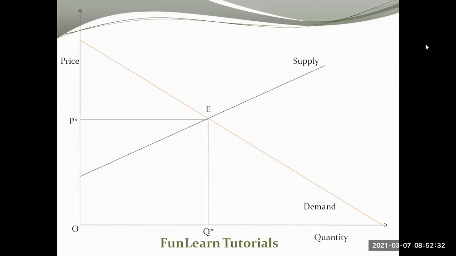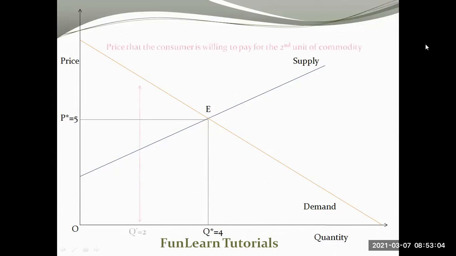So given the supply and the demand of the market, we can compute the equilibrium outcome of the market, which is OP star being the price charged and OQ star being the quantity demanded and quantity supplied, which matches in case of an equilibrium market situation. So now let's suppose that the price that is being charged by the market is $5 and the quantity demanded as well as supplied is 4 units.